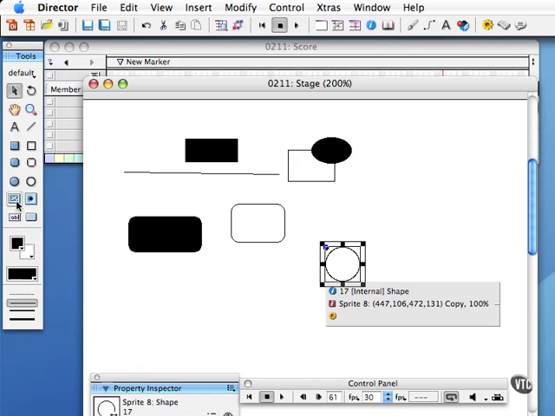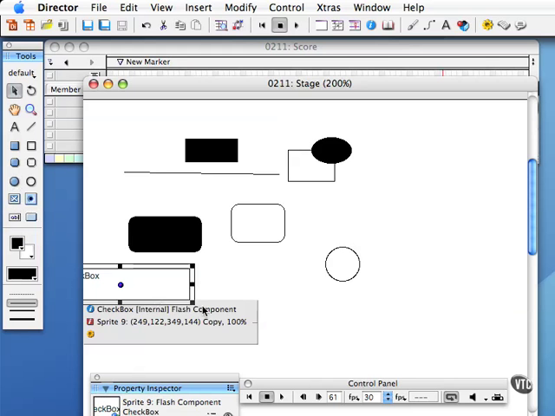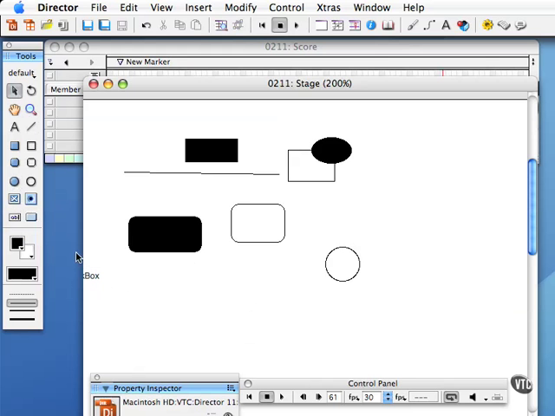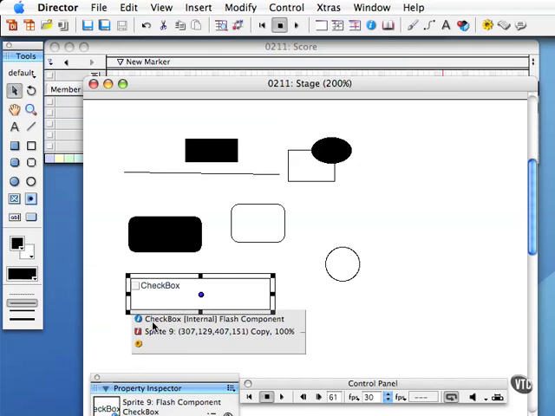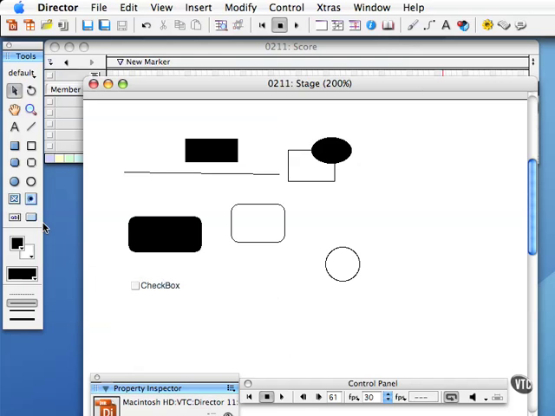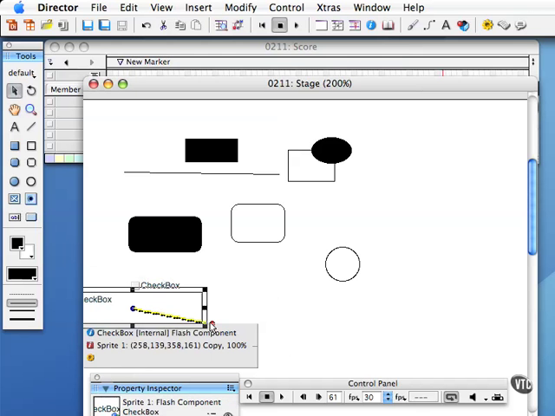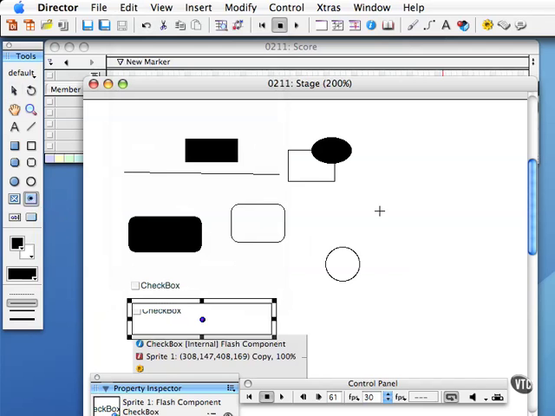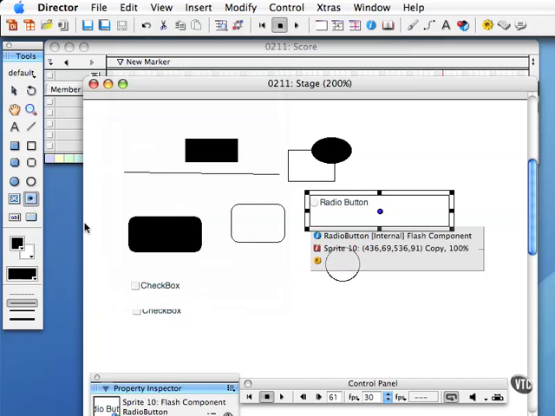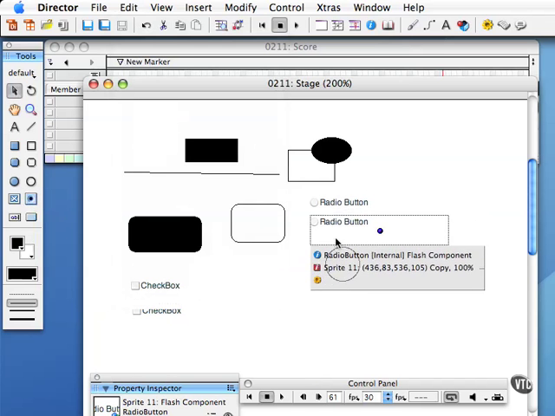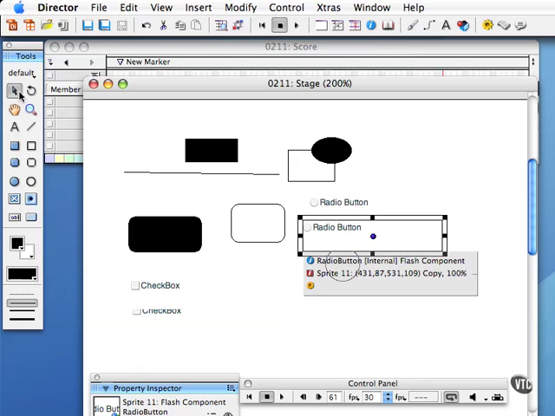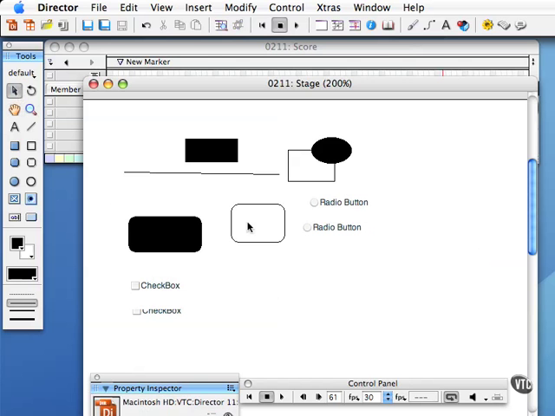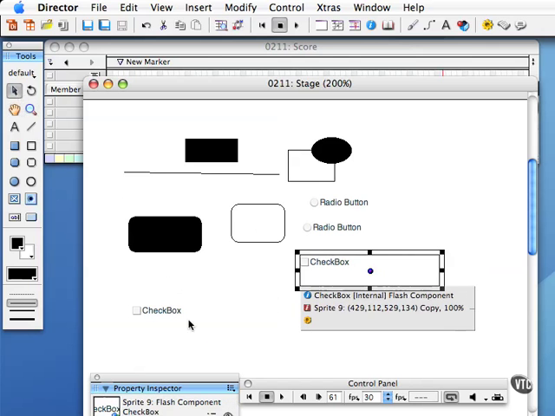I've also got some checkboxes and radio buttons and other interface components here. Notice that I just click on the stage and it creates a checkbox. Click again and it creates another checkbox. I don't want to do that. That's actually an animation tool, which I'll show you later. So there's my checkbox. It can also do radio buttons. Again, just clicking on the stage after selecting the tool in the tool window will give you your radio buttons and checkboxes. You can see how often I'm using my arrow tool to line up all these elements, select them,